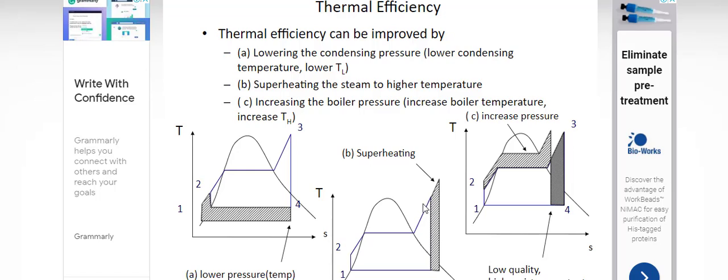In the second case, in order to increase the temperature of the turbine, we require more fuel in the boiler. But in the third case, in the case of the reheat cycle, we are just passing the same amount of steam through the flue gases which are already generated while heating the boiler, or while boiling the water. So the same flue gases can be used to reheat the amount of